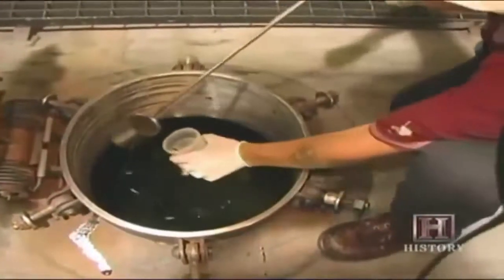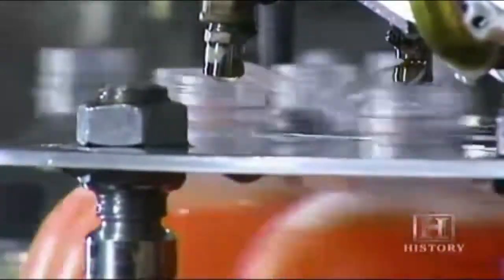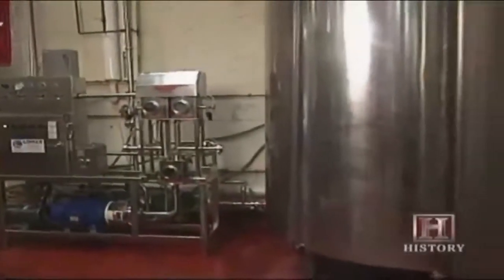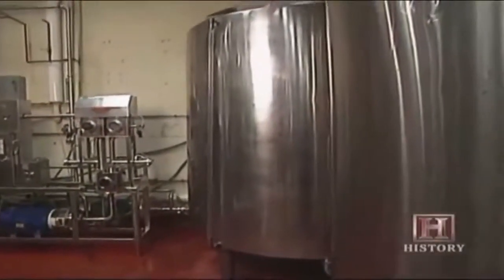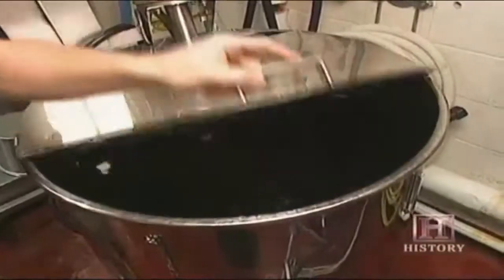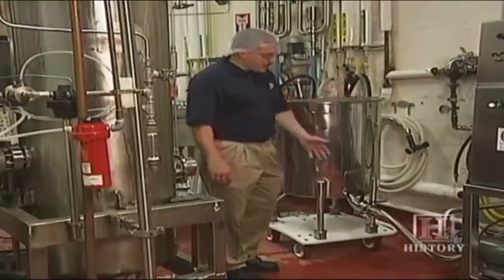While syrup may be the most important part, the largest component in any soda is water. But not just any old tap water will do. The filtered and treated water is stored in tanks, ready for its holy matrimony with the syrup. This is a large batch of syrup that we made earlier. From here, the syrup will travel through our line